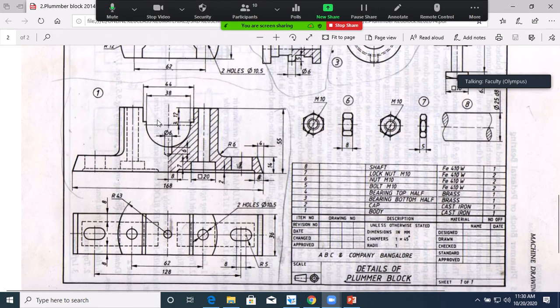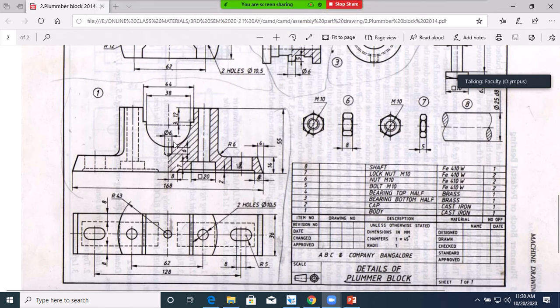If you select this flat surface, while giving depth you add just 19 plus 3, 22. If you select this curved surface, you have to add this depth: 12 plus 3, 15 plus 19, 34. 34 to reach this point. From here, the actual dimension is 6 mm. 34 plus 6 mm, it will be 40.